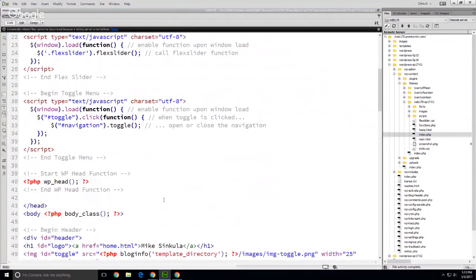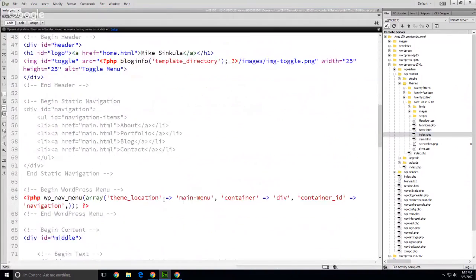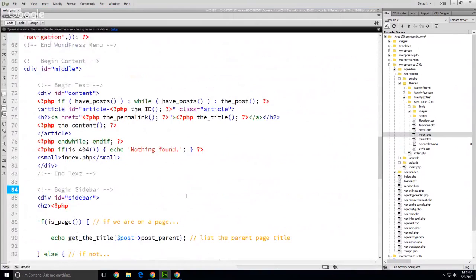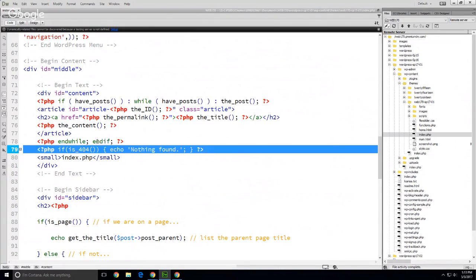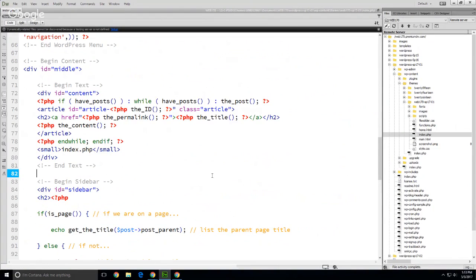So currently, wherever we are in the website, I have tagged this file, though it's not necessarily a tag. And I am going to get rid of this statement right here. This if is 404, nothing found, right? Because we can create a 404 page today. Okay. So currently, wherever we are in our WordPress website,